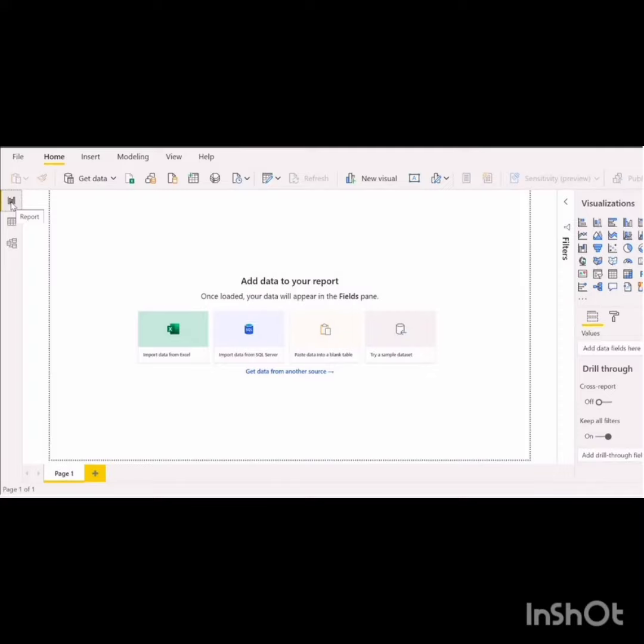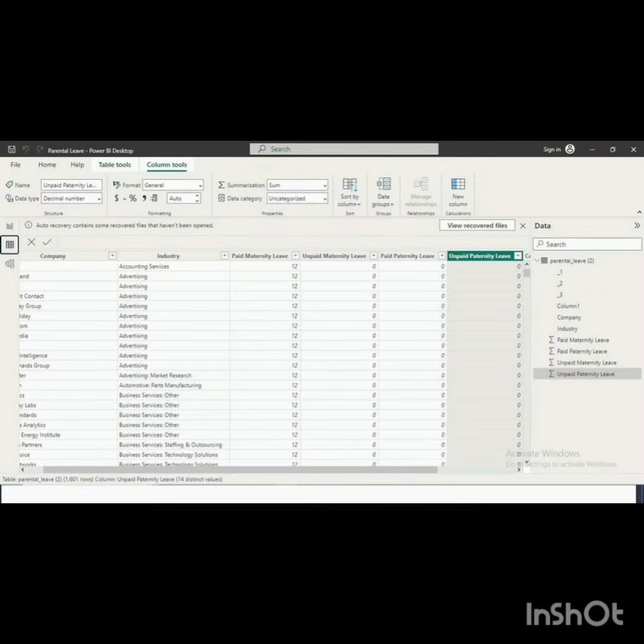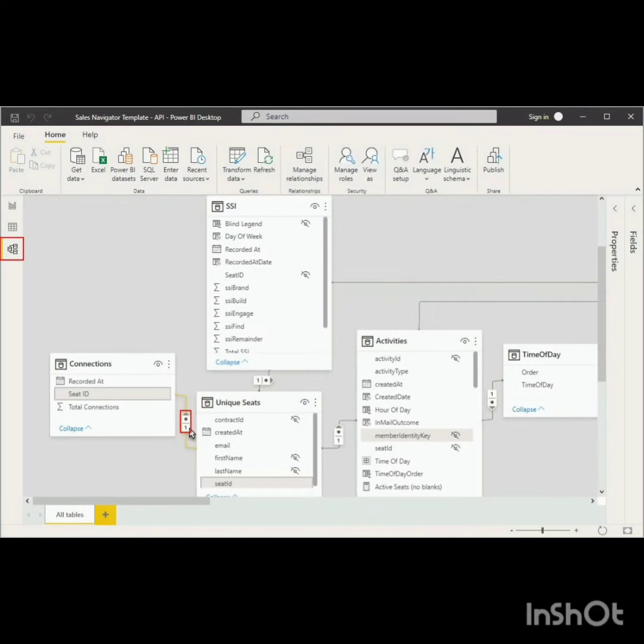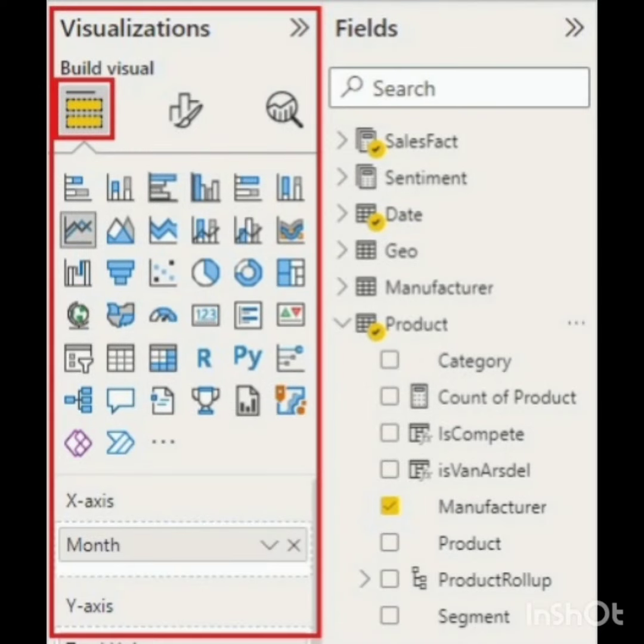On the left hand side of the canvas, we have different options to get different views. We have report view, which is our default view, and we have data view where you can see the actual data you used when building those visualization, and we have model view where we can see how our tables are interconnected with one another. And on the right hand side we can see different types of visualization we could use